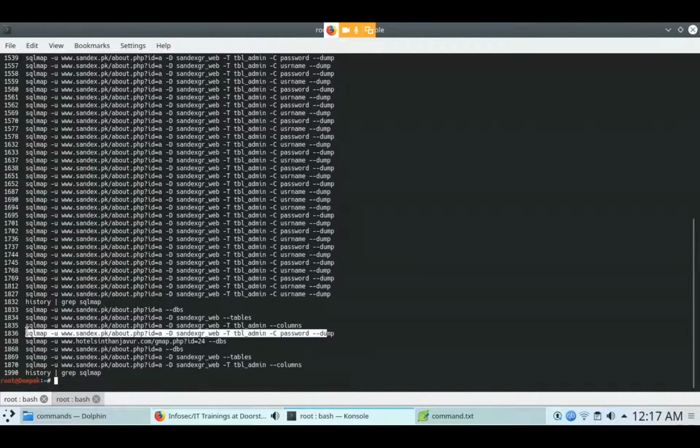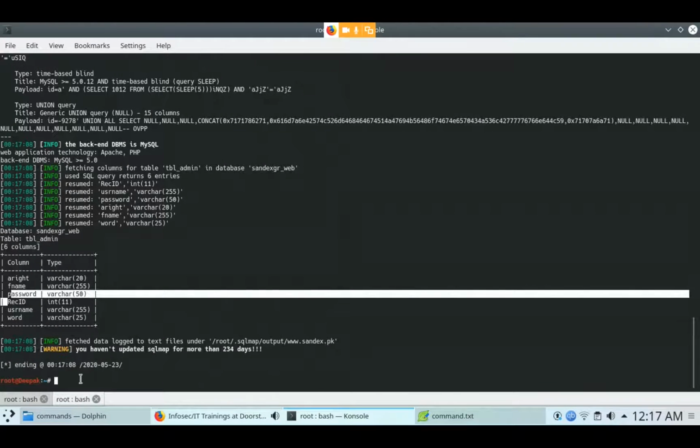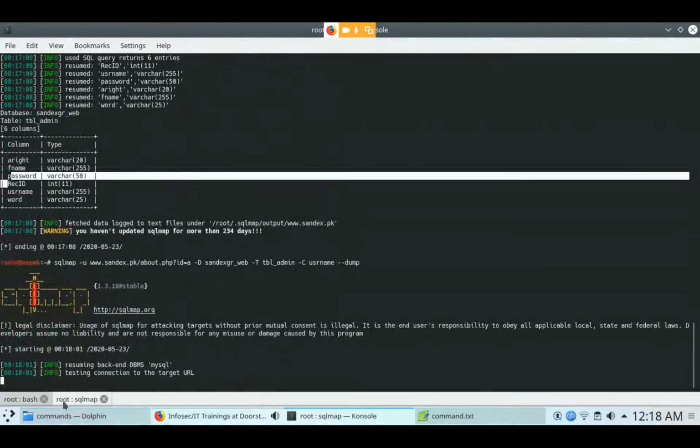Okay, sir. Use the -C command, for column. First I want to find the password. No, username. Use username, and after that, --dump. Okay, hit enter.